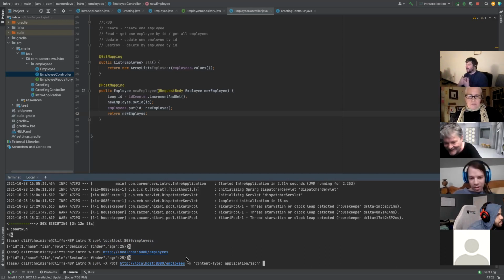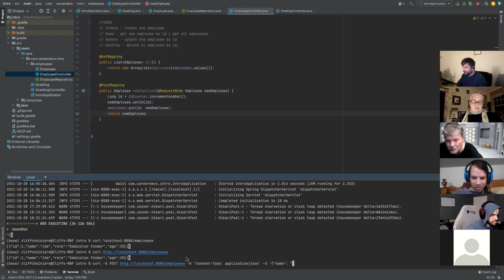Right. The last one we need to do is add the data. That's going to be -d. And this is where we get a little annoying. We have to type JSON ourselves without the nice syntax. So single quote to start, curly bracket, double quote around the key, so name, and then double quote around the data. Add yourself, heck, add me, just so you know you type the same thing exactly as I do. So Cliff,